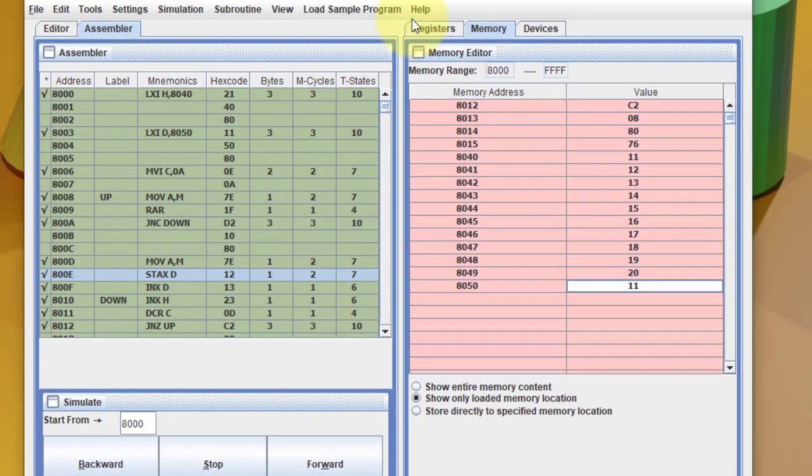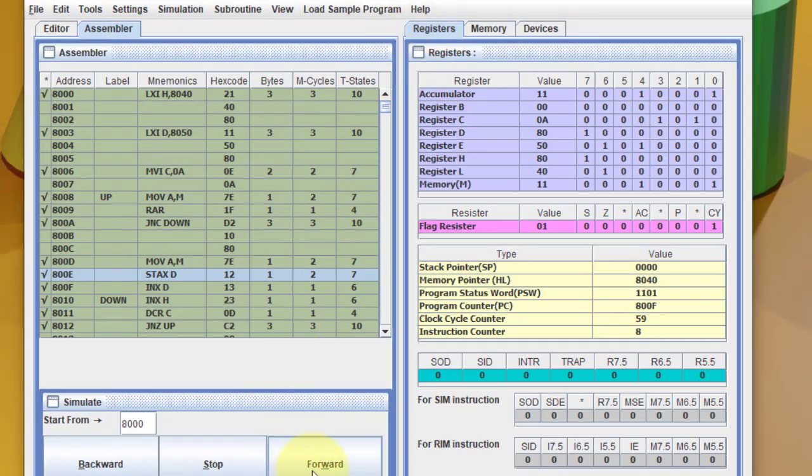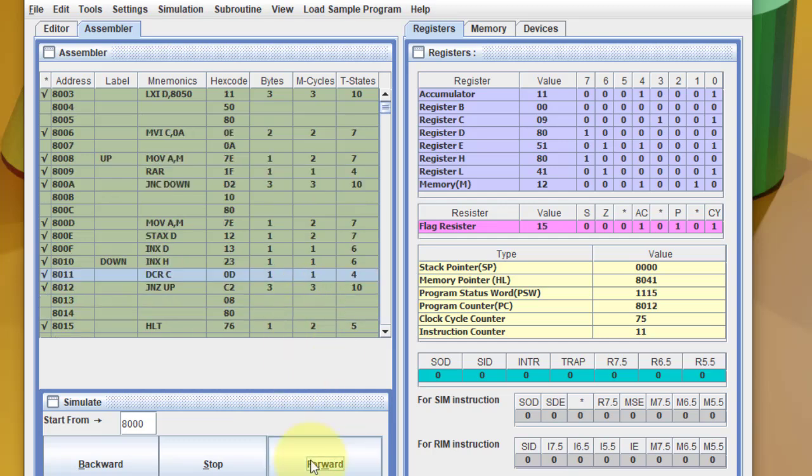Okay, then with the INX D we get this as 8051. Okay, and then INX H gives 8041. Okay, DCR C. Okay, and because C is not 0, you can see the zero flag is not set. Okay, so it will jump up, and then take the next data byte from memory, from the next location, which is 8041, and that is 12. Okay, now we know 12 is actually an even number, so with RAR the carry